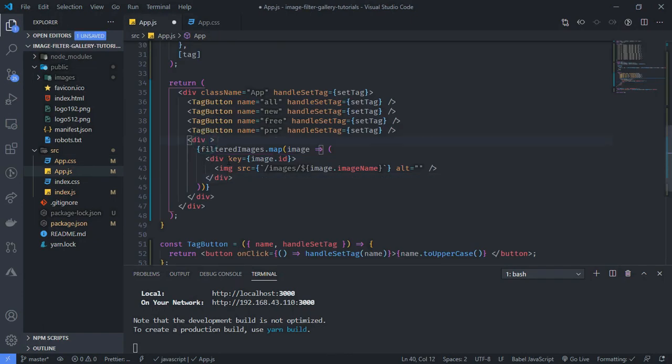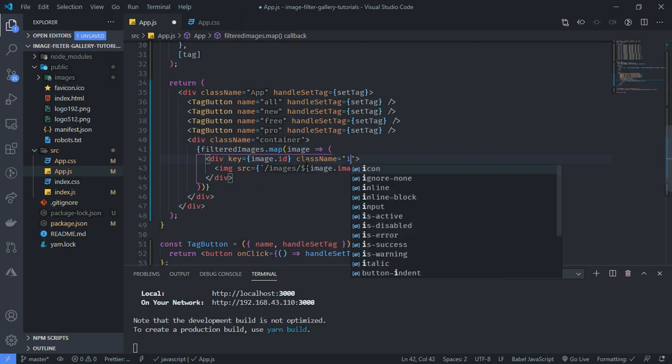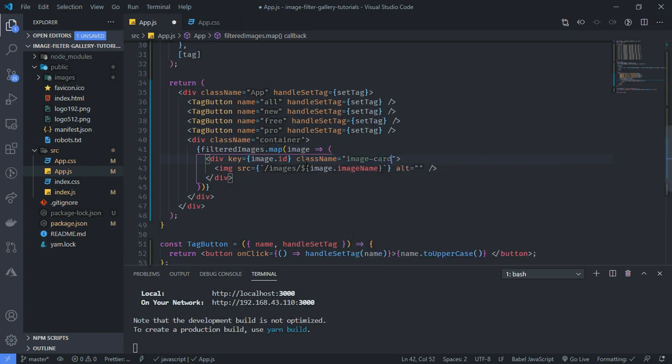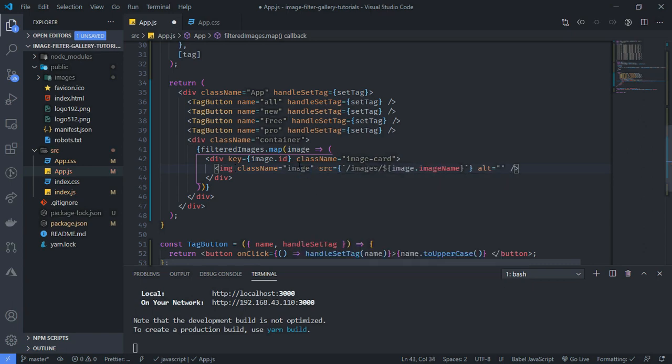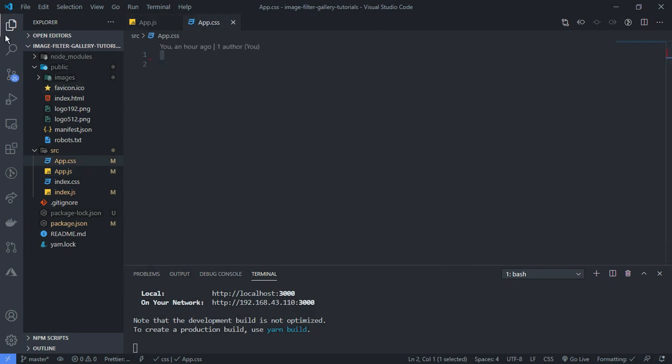So I'll give some class names. This one I'll call it container. I'll also give a class name to this. I'll call it image card. And then this too would have a class name. I'll call it image. And then I would save it. So when I go to my CSS, I would use the container,